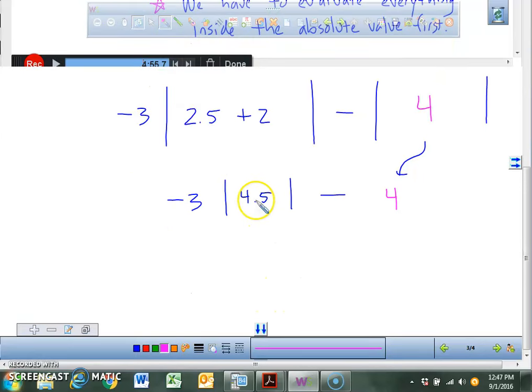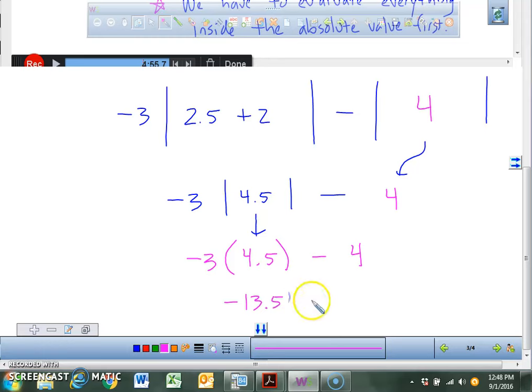The absolute value of a 4.5 is 4.5. So watch, we're going to say negative 3 times, because it's right next to it, okay, times 4.5 minus 4 more. So that just becomes a positive 4.5. We're going to multiply these together. Okay? And when you multiply those together, you get negative